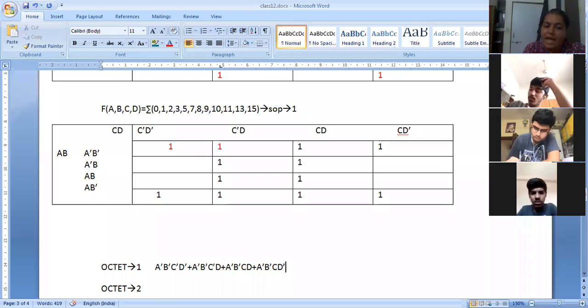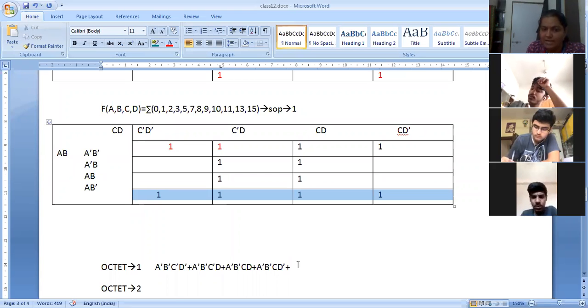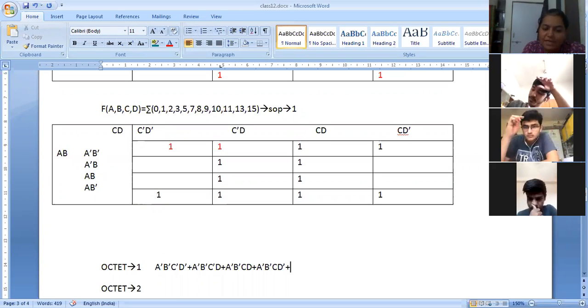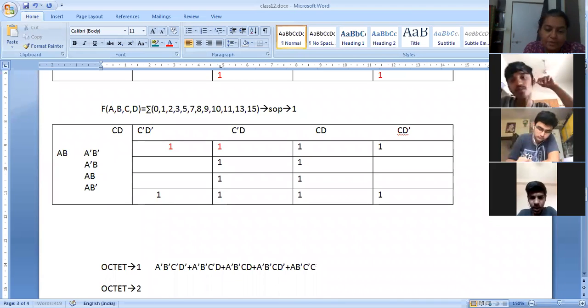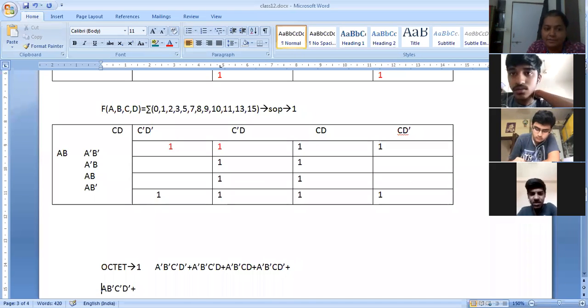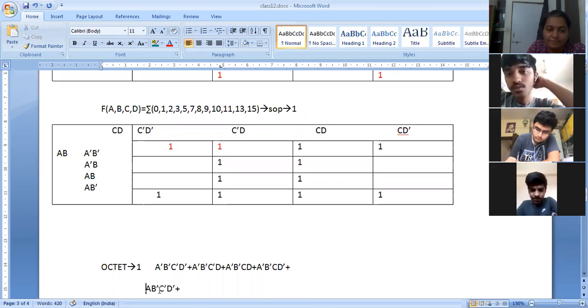A bar. Do you realize A bar, B bar, C, D common? Why is A bar, B bar common? Because all these elements are in the first row. Now we cannot leave for these 4 only. We have these 4 also to make an octet. So write down: A B bar, C bar, D bar. I'm writing here to make it simpler. Do you realize that here A B bar is common everywhere?